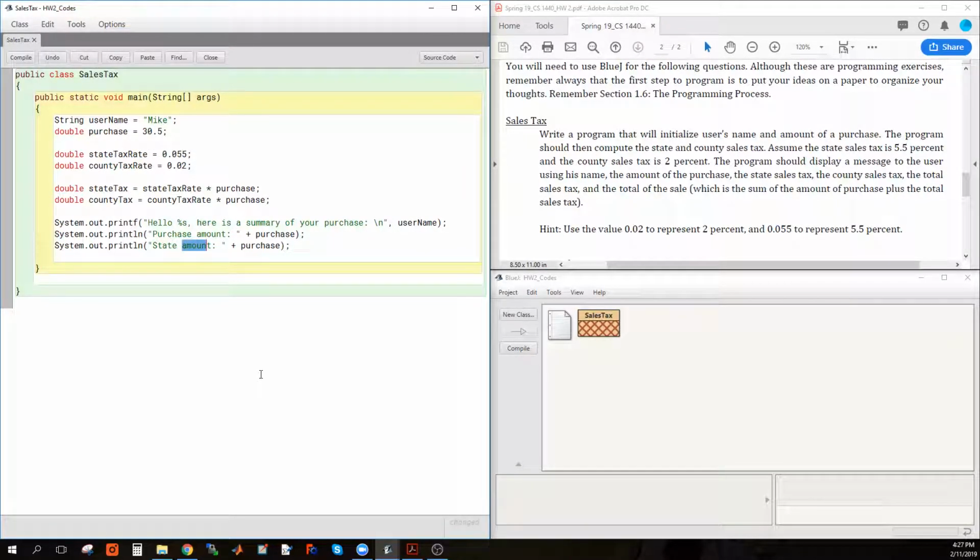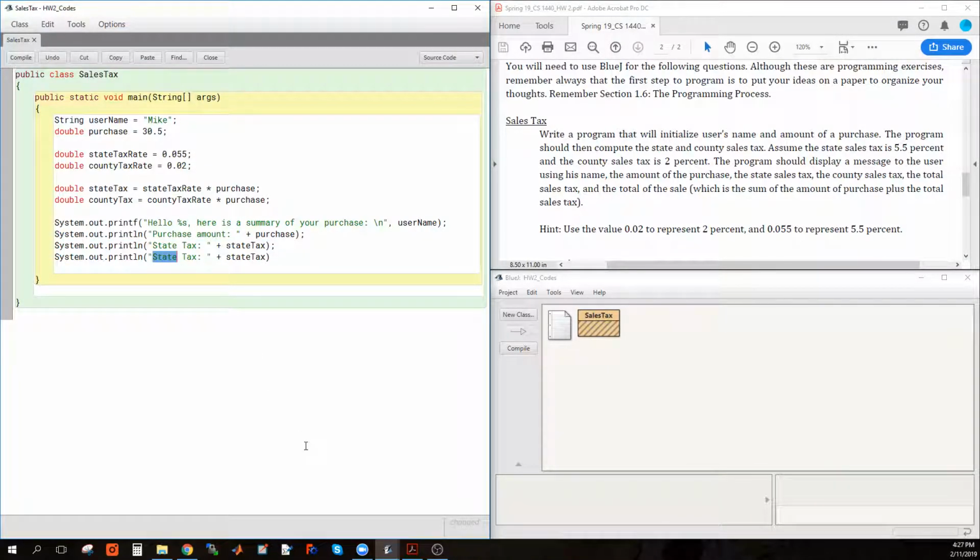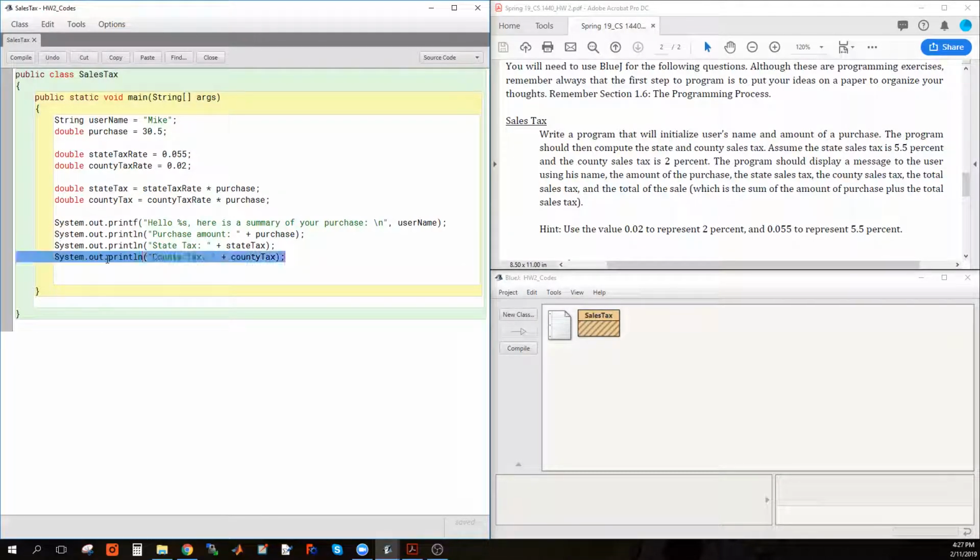and we say, for example, state tax, and we print the state tax here. County tax, that's the county tax. Then a message for the total tax, which would be the state tax plus